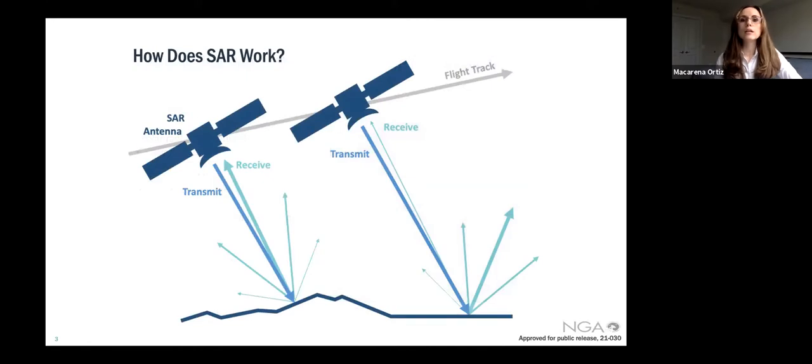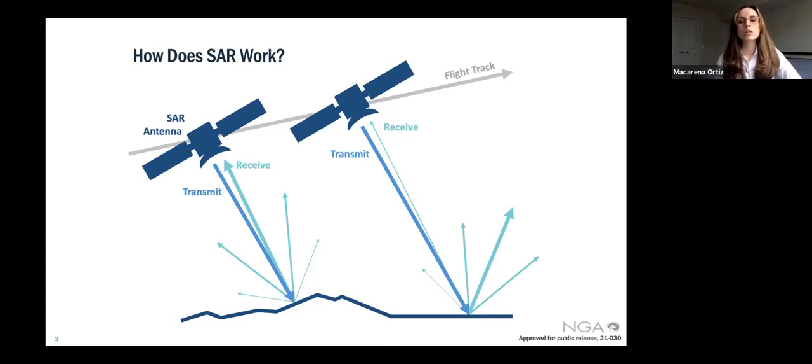So how does SAR actually work? Well, SAR is a radar for rough surfaces. If we start with the figure on the left-hand side, SAR sends pulses of energy to the ground depicted by that transmit arrow. If the surface is very rough on the ground, the pulses of energy will interact with that surface and be scattered about. So by the time that the satellite sensor has moved just a tiny bit in flight direction, the signal received will be a sum of the various rough materials on the ground and will look very bright in the SAR image.